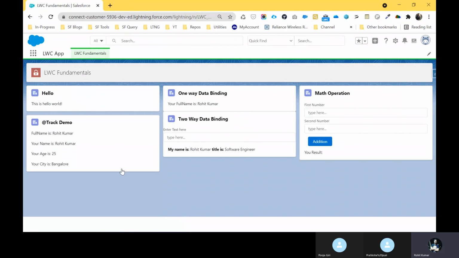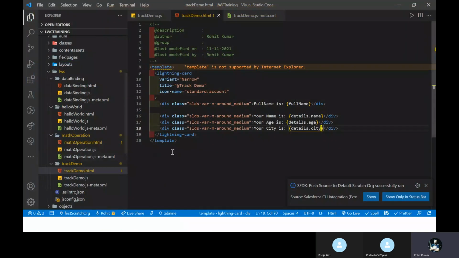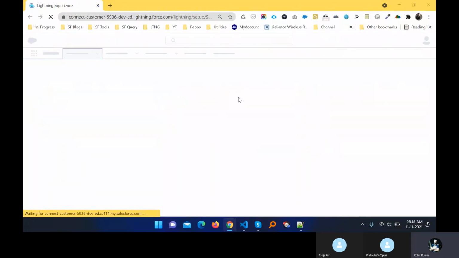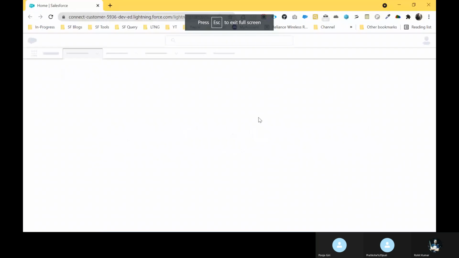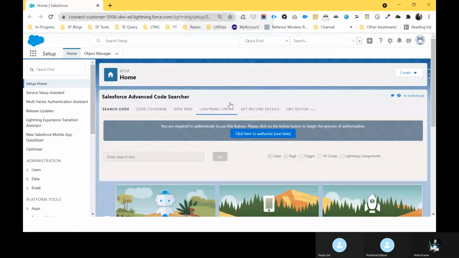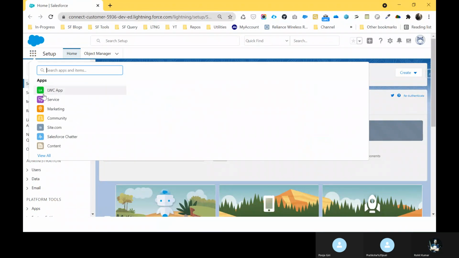Just focus on, sorry, what happened? Just open again. So I opened this one and now present this one. Here you can see my application, just app launcher, and open the app.